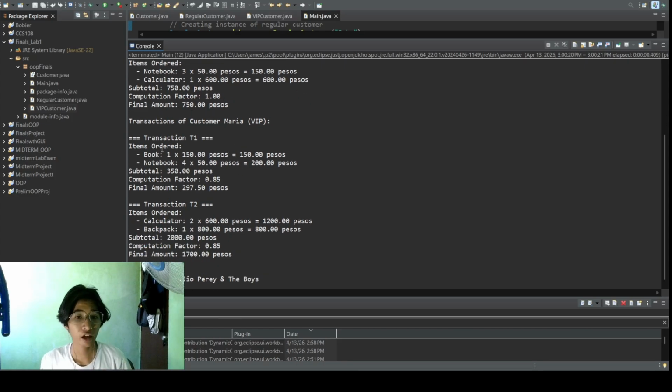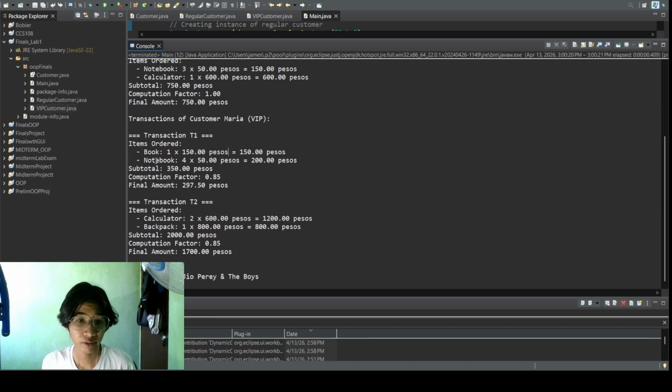As you can see in another transaction, which is Maria, a VIP customer type, the items are 1 book which costs 150, and 4 notebooks which cost 200. So the subtotal is 350, the computation factor is 0.85, and the final amount is 297.50. The 0.85 here represents a discount because Maria is a VIP customer, and it was deducted on the final amount